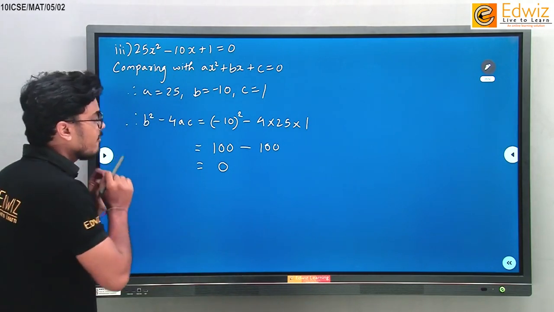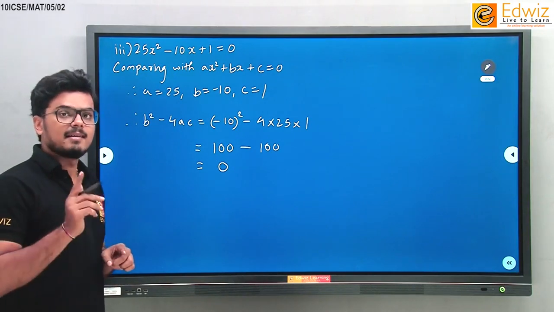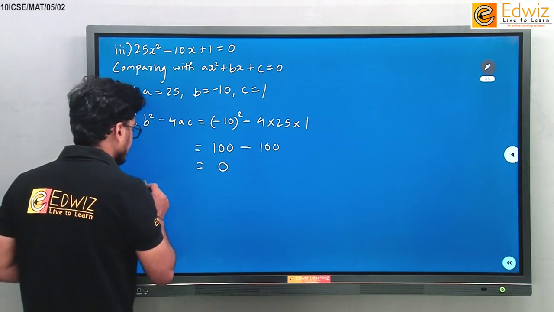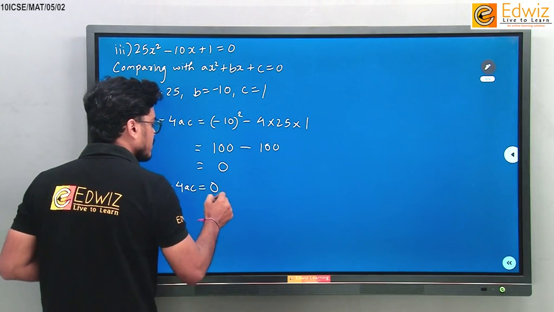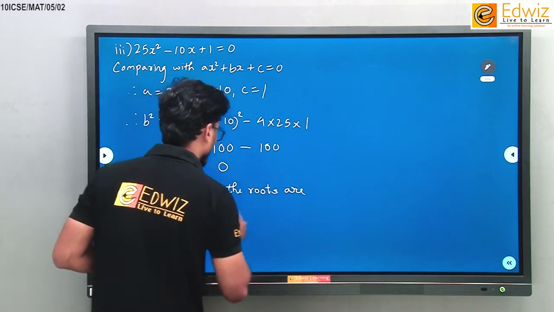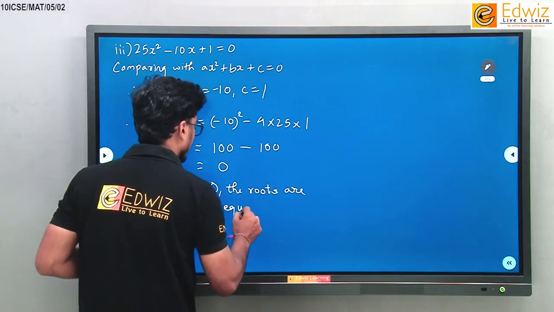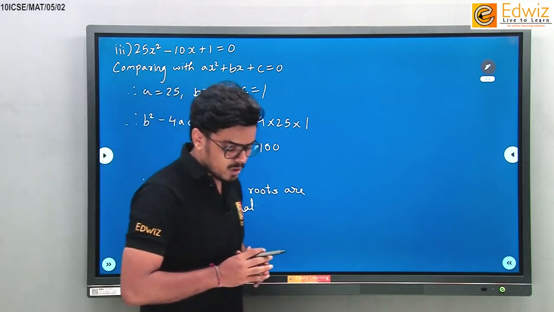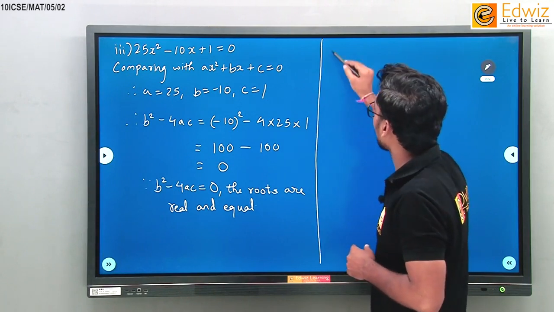Okay, so if the value of b square minus 4ac is 0, always remember the roots are real but they are also equal. Correct? So since b square minus 4ac is equal to 0, the roots are real and equal. Okay, so this was the third sub question here. Let us do one more, fourth sub question. So fourth sub question is this: